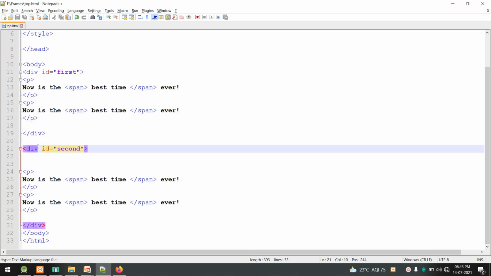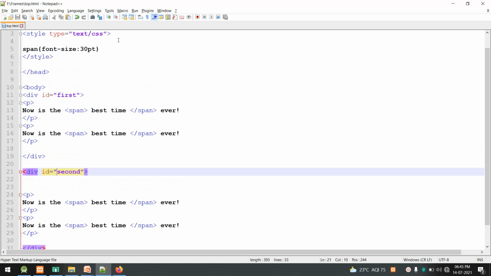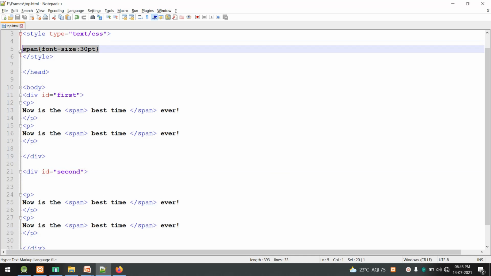Now suppose for the first 2 paragraphs I want the color of the text to be red, and for the next 2 paragraphs I want the color to be, say, blue. Then from the style sheet, if I apply the color, I'll just remove this span.